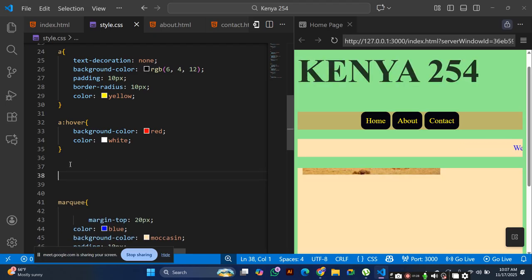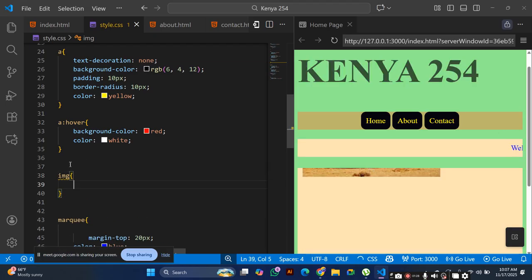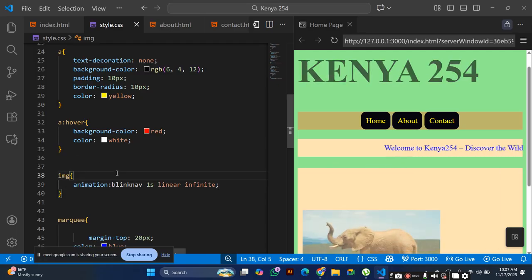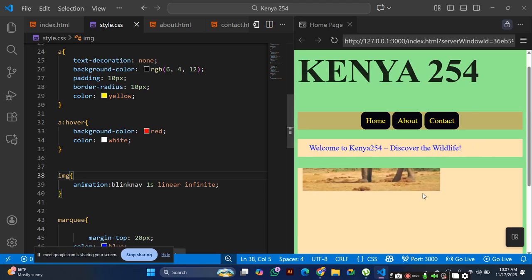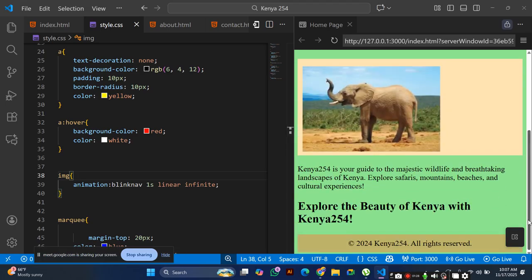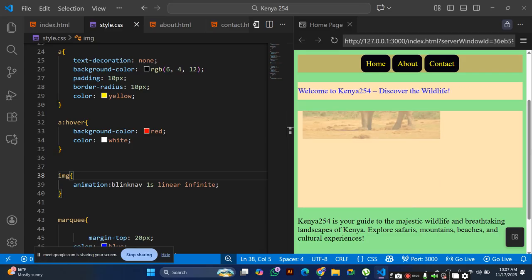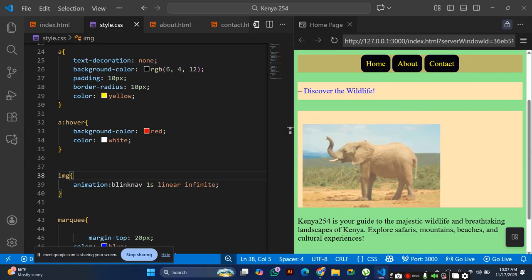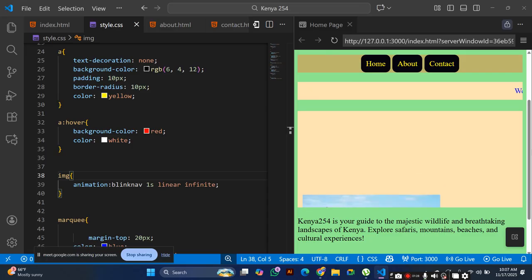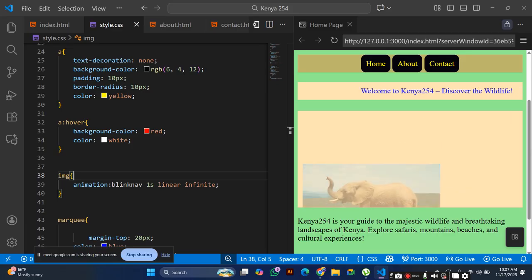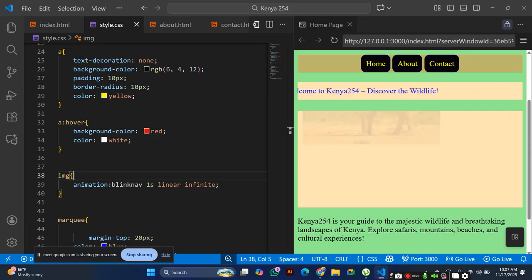So you have your tag for IMG. Okay. So it is only the images now that will start blinking. No problem. Are you okay? Yes. Very good.